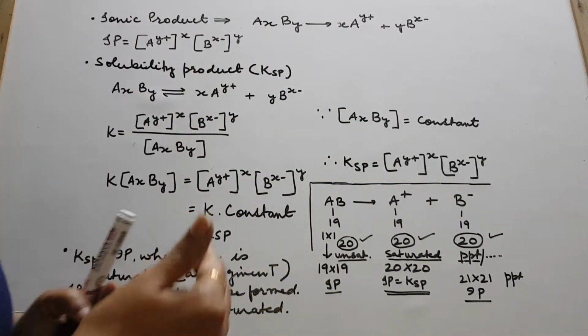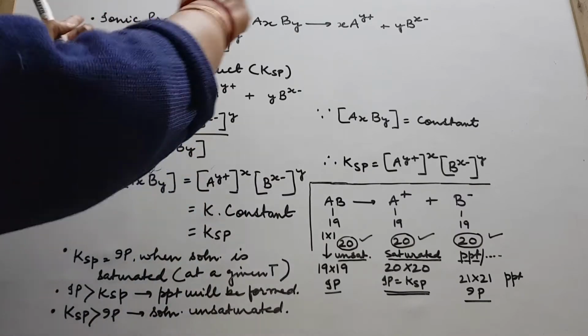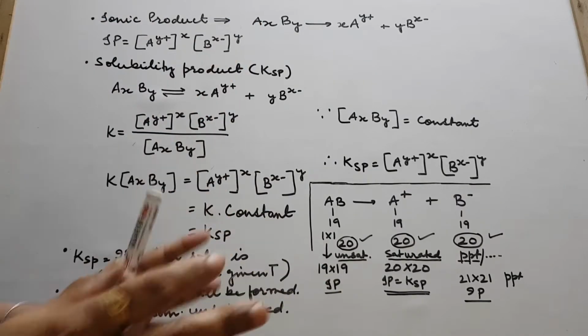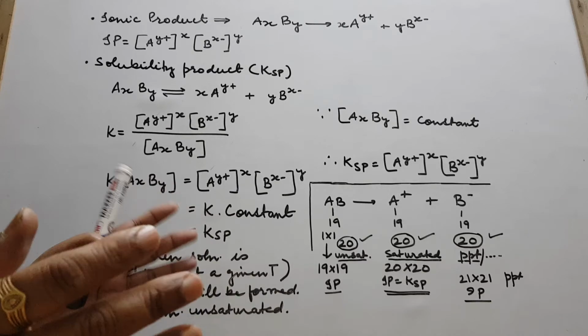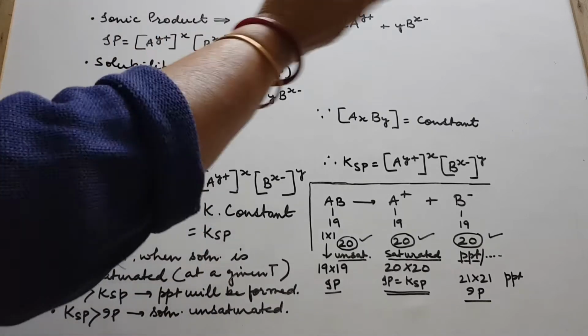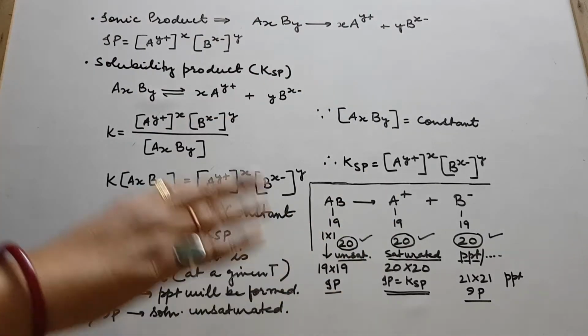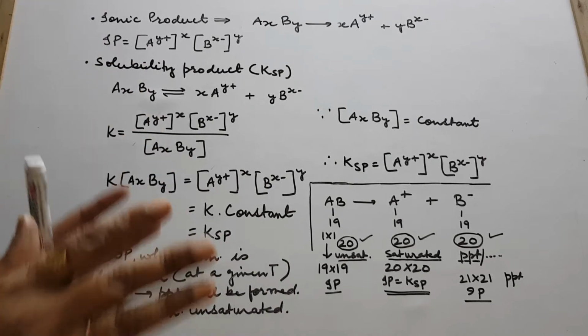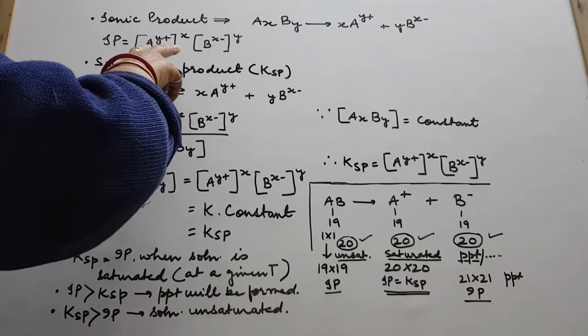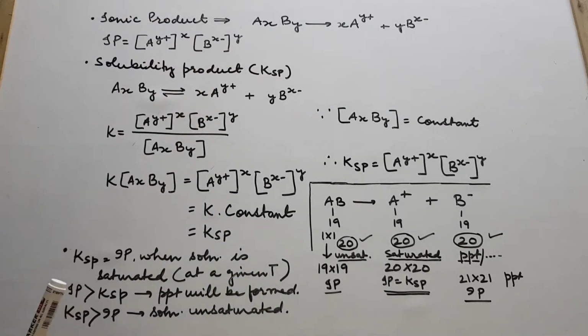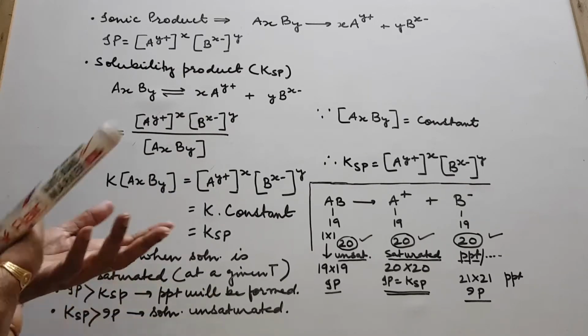Product of the concentrations of the ions, I repeat again, expressed in moles per liter, because these values cannot be random values. They have to be always in moles per liter. In the entire chemistry you have seen, we put these values in the square brackets always as moles per liter, which we call active mass or molar concentration.